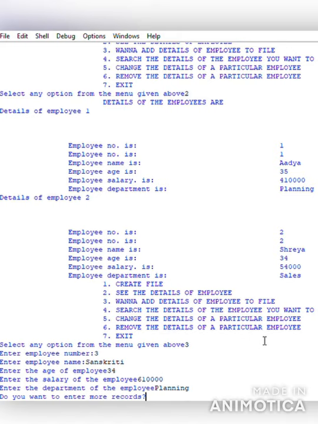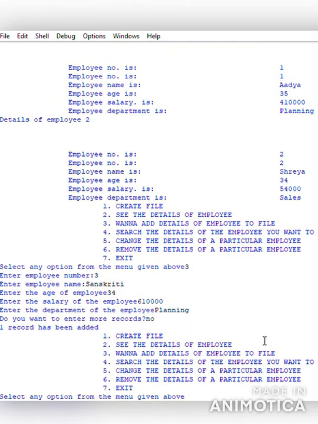Now at the end, it will ask you, do you want to enter more records? If yes, you will enter yes, and if no, as I don't want to enter any more records, I'll enter no. And it will show me that one record has been added, as you can see.